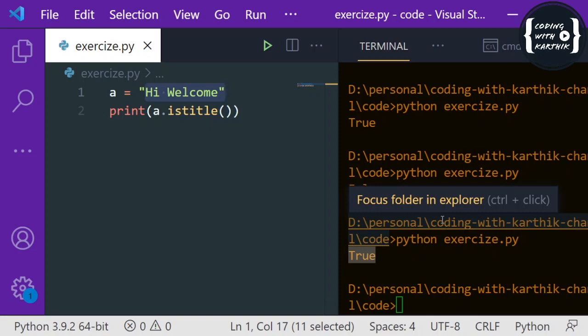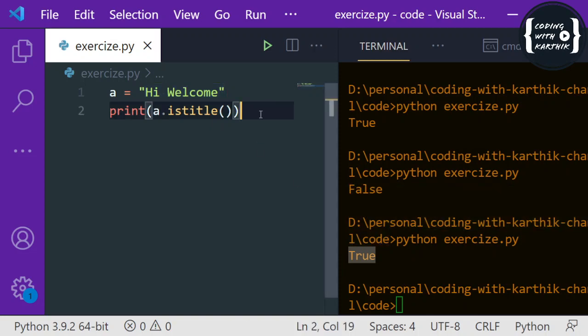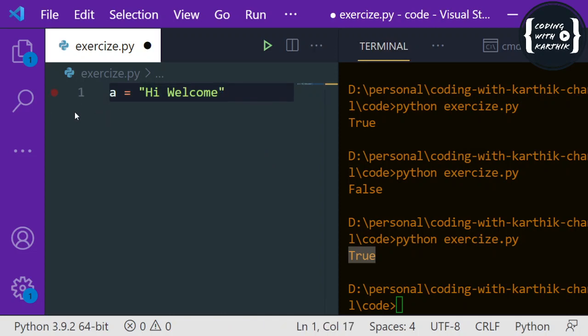And I forgot to say one thing about formatting.